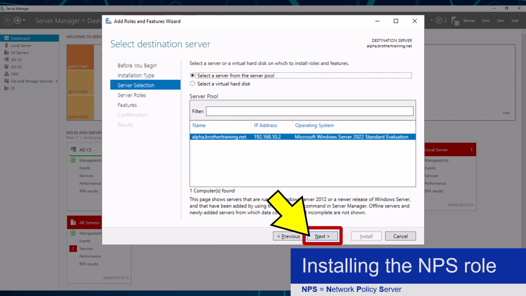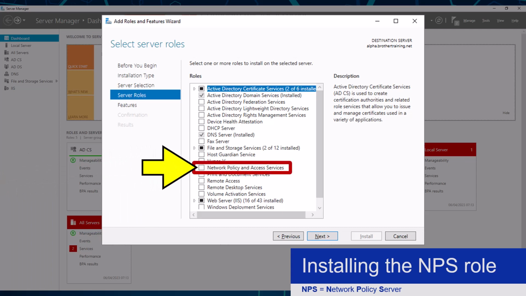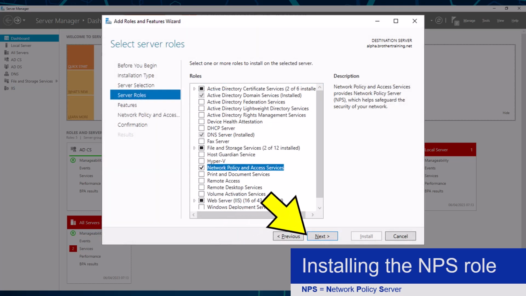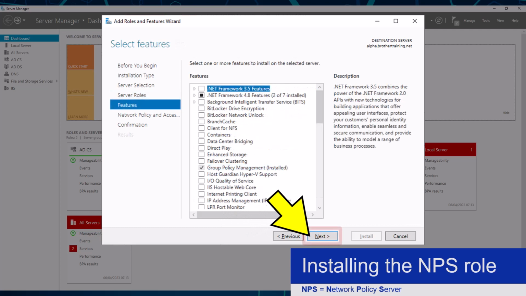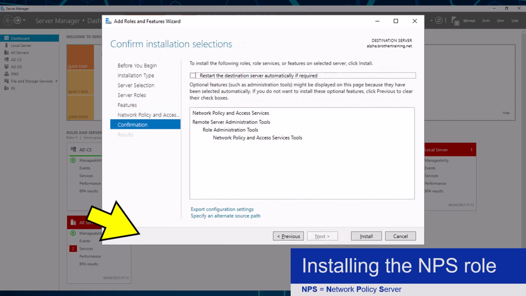I will keep clicking the Next button until I get to the Server Roles menu, where I will select the Network Policy and Access Services option, and allow the wizard to also install the required features by clicking the Add Features button. I will now keep clicking the Next button until I get to the final confirmation screen,